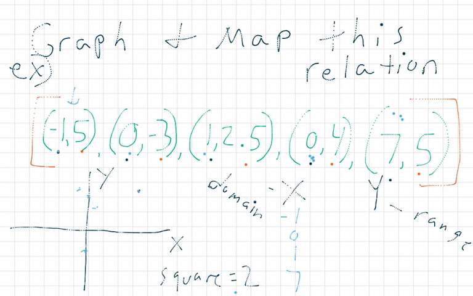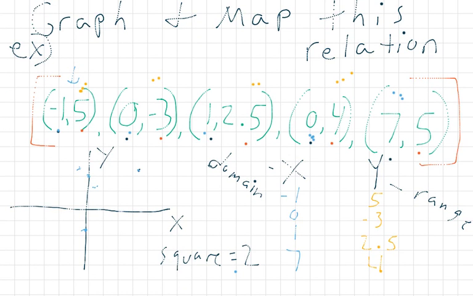Then for my Y's, let's use yellow. I have 5. I have -3. I have 2.5. I have 4. And let's move that a little bit. And I have 5 again. But I already have 5 right here. So I don't need to show it again. So anyways,